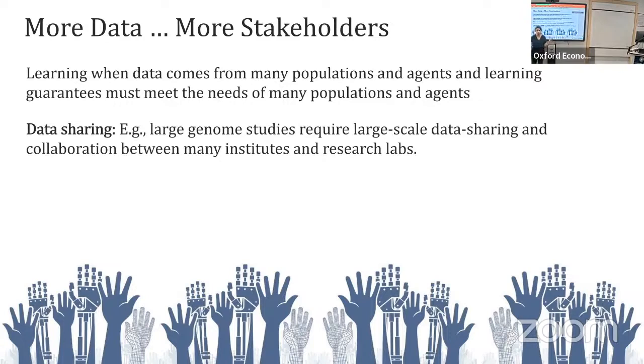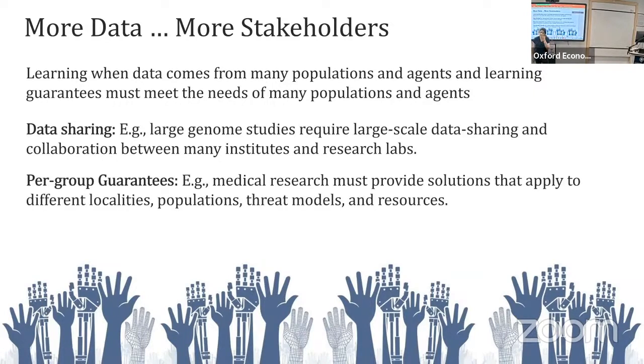So what we want is to be able to definitely bring data from different places that are representative of different types of people together so that we can actually learn across these things. It also means that it's not just bringing data from different sources, but also making sure that the learning guarantees that we're providing also hold on these different sources. So again, with medical research, but this is more broadly true, the types of solutions that we want to apply shouldn't just be good for the average person in the population, but should be good for people who are separated by different localities, different races,